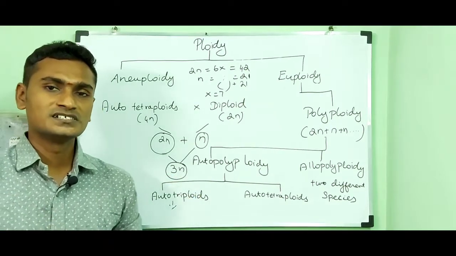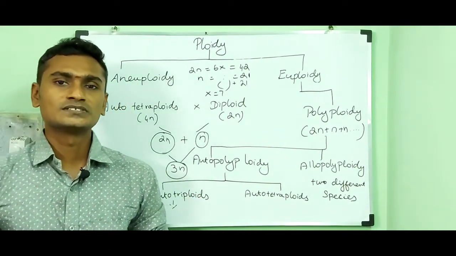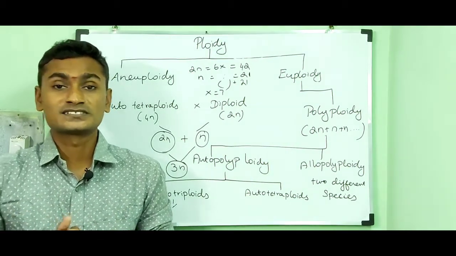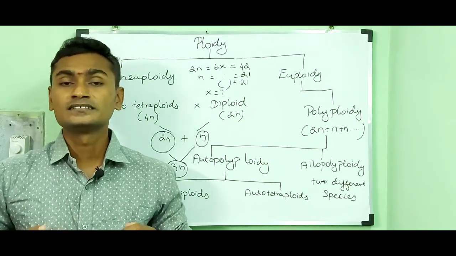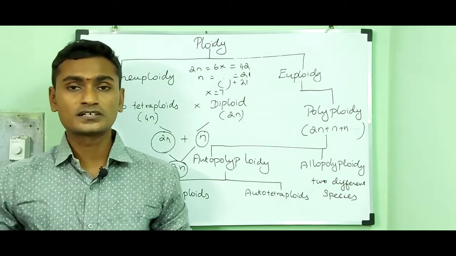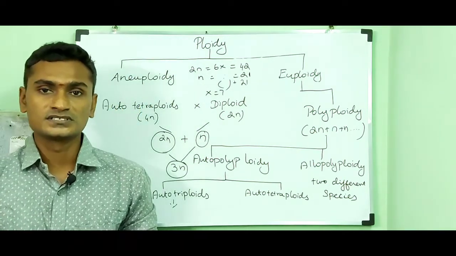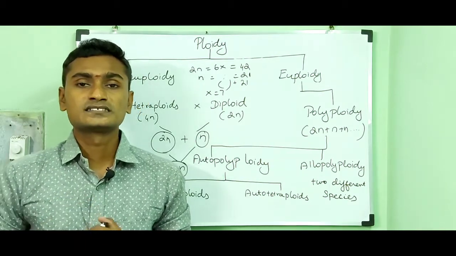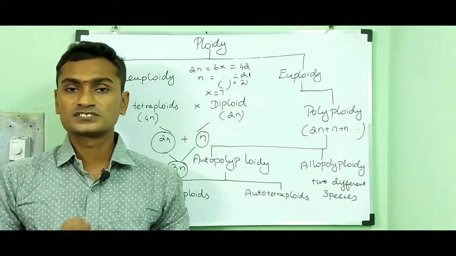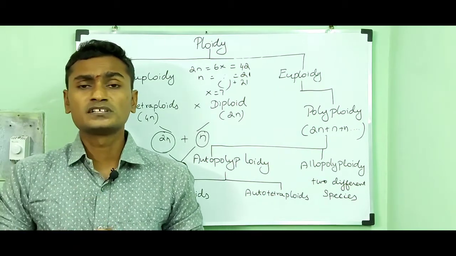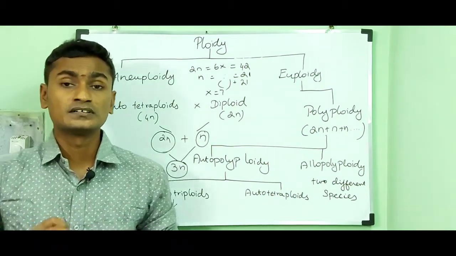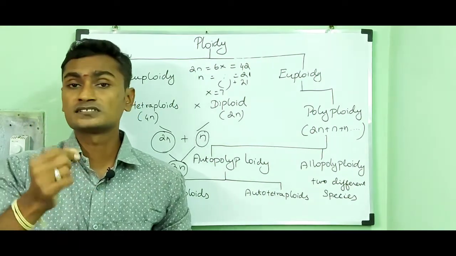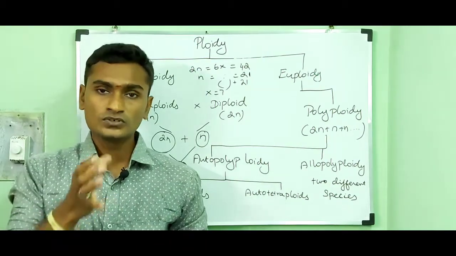The common example is the cultivated banana. Cultivated bananas are usually triploid in nature. Triploid bananas are larger in size and do not have seeds when compared to diploid bananas. Another example is triploid sugar beet. The triploid sugar beet has a high amount of sugar content when compared to the diploid sugar beet, and it is resistant to molds, which means it is resistant to fungi.